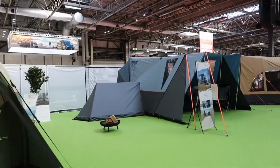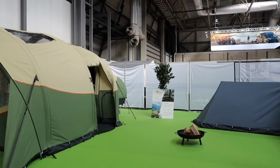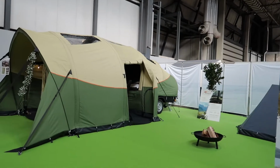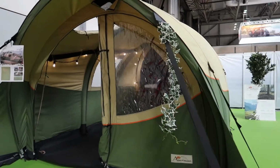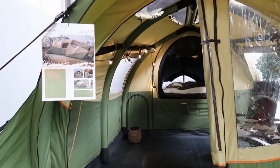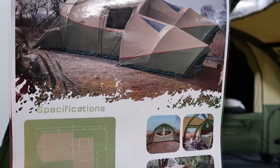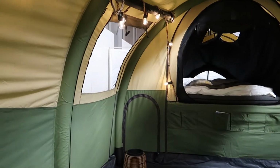So this first one is a really cool trailer tent that caught my eye. This is by Cruiser. It's called the Open Air. So the thing that I really like about this is that the main bed, so the bed that's formed from the top of the trailer, and of course the trailer is sort of empty underneath, so it's full of storage for all of the bits of canvas and all your camping gear and stuff. The bed itself is